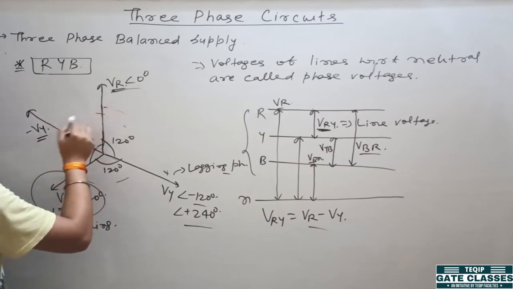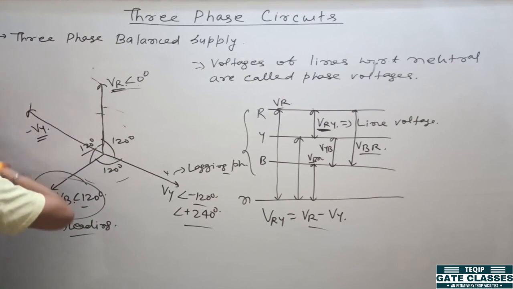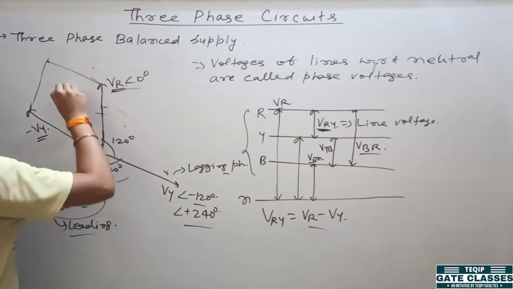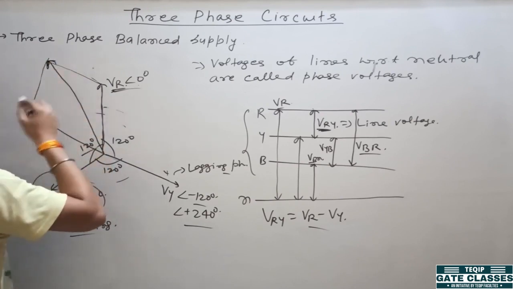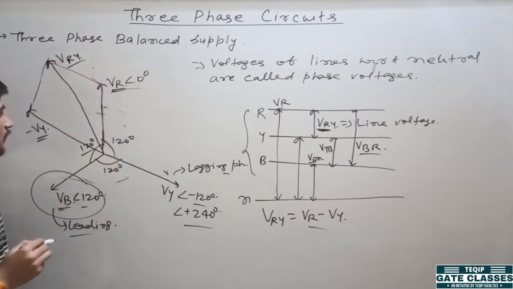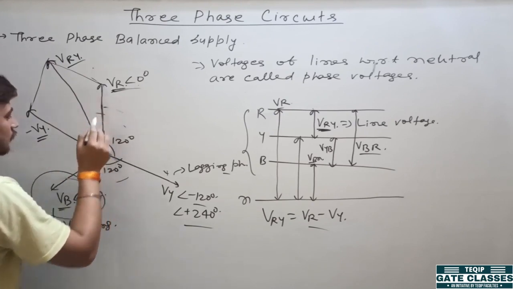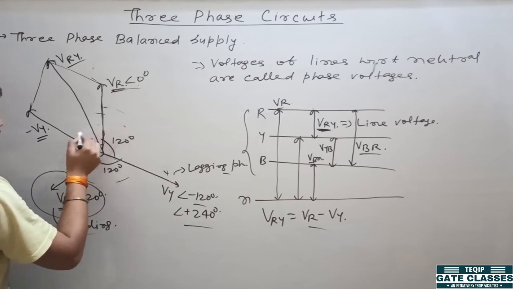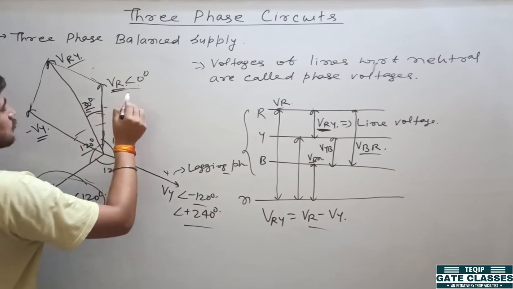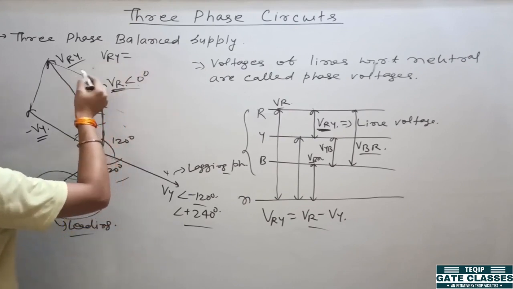Now if you take the phasor sum of these two, you will get like this. This is your VRY. So now what will be the angle of VRY? You see VR is at an angle 0 degree. So here you will see that this complete angle is 60 degree. So this angle is 30 degree. That means you can write VRY will be equal to, it will have some value.